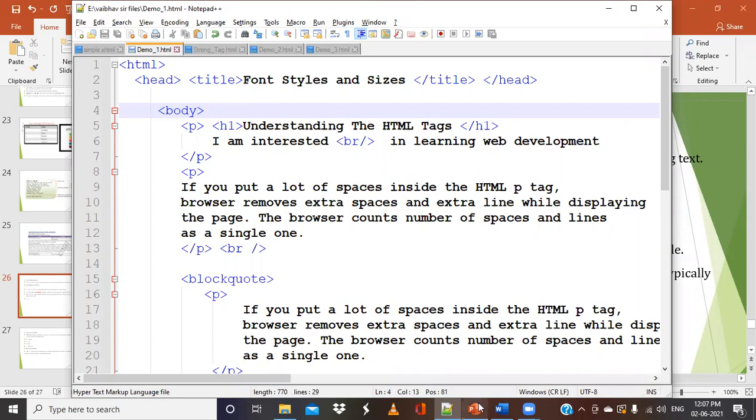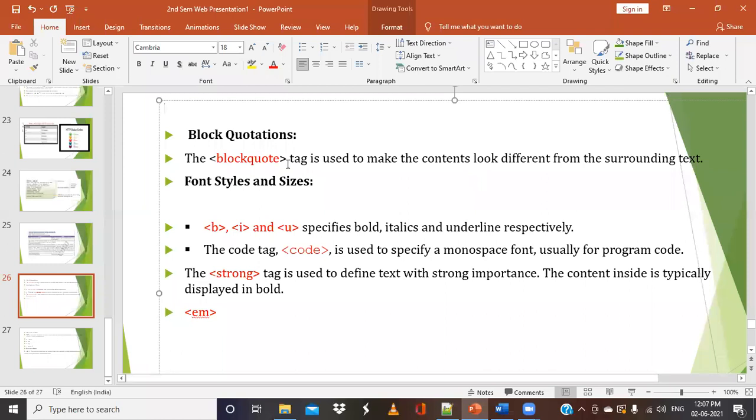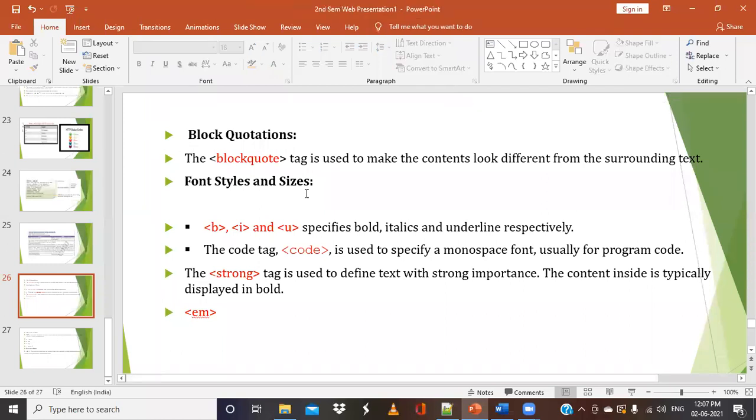So we'll continue our discussion with the basic tags, and the first tag that we're going to discuss today is the block quotation. In the earlier days, when we wanted to display some information on the web browser, we would have some 3 to 4 lines of text, or a paragraph, to be displayed.